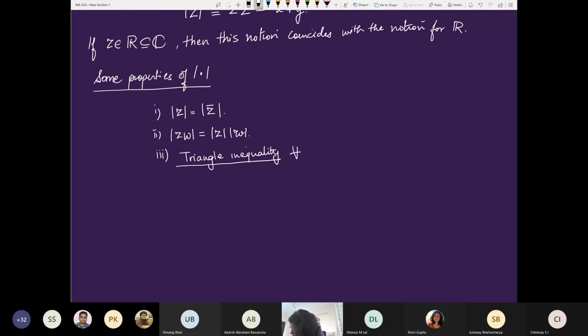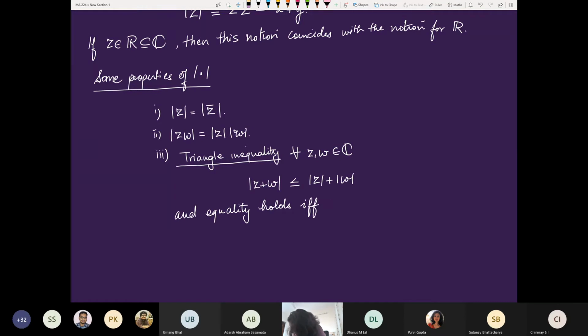And what this says is that for all pairs of complex numbers z, w, the following inequality holds: if you take the absolute value of z plus w, then this is at most the absolute value of z plus the absolute value of w. And typically when you write down inequalities, it is also worth trying to figure out when this inequality becomes an equality. This is worth knowing, and equality holds if and only if